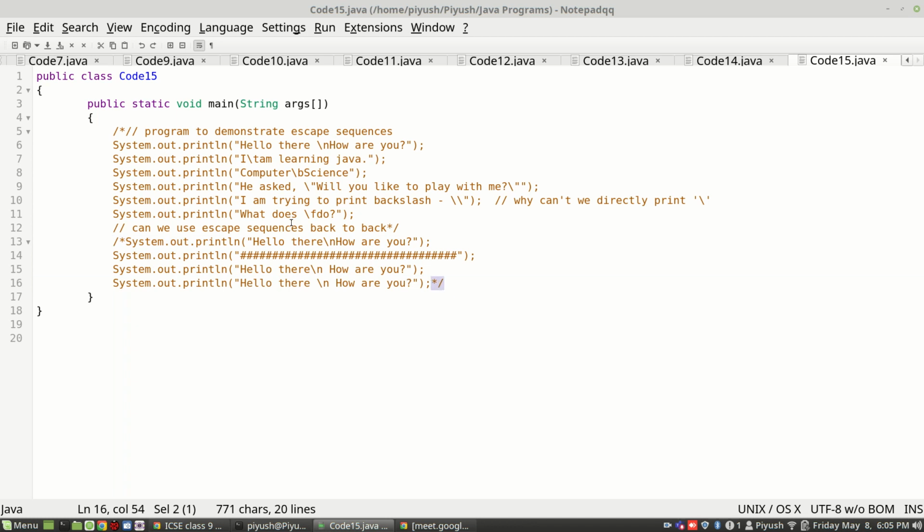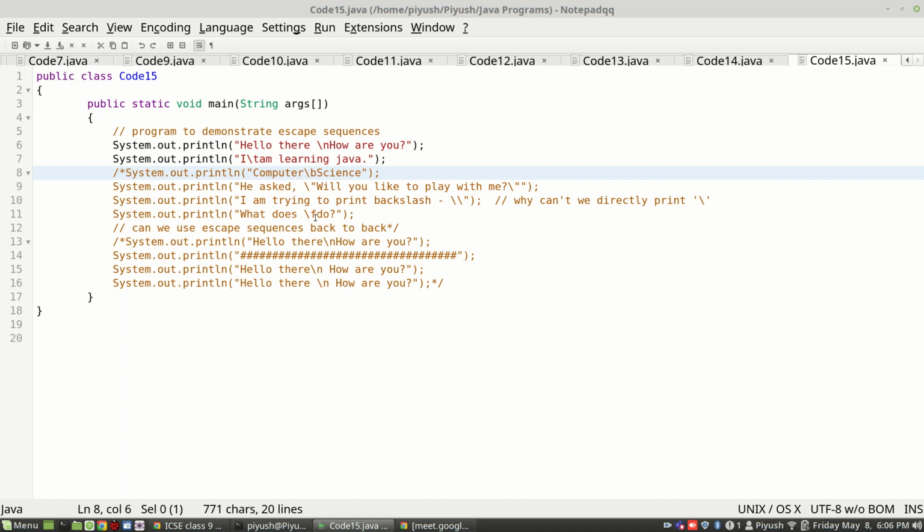In this program, it is also good practice while you are practicing: if you do not want some piece of code to be executed right now, but you may need it later, you can keep it commented using a multi-line comment, and later when you want to use it, you can uncomment it. Now I'll come back to the previous thing here, and I want to show you the use of backslash t. Backslash n we have already read, so I'll just comment the rest of the lines.